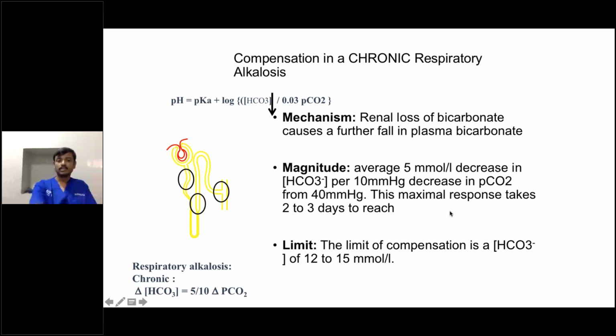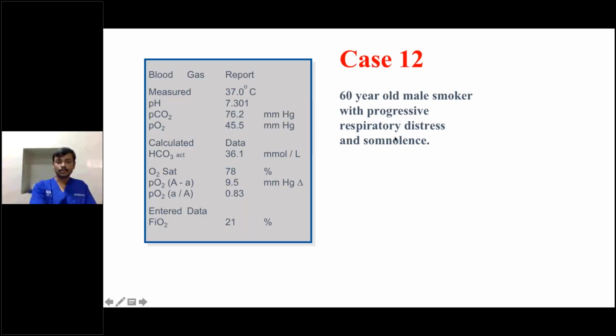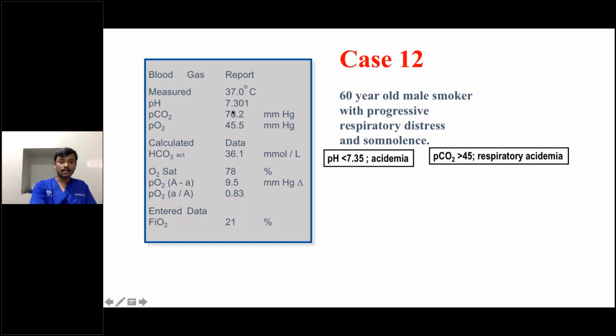If you take this example, progressive respiratory distress syndrome and so on, it looks like a respiratory problem. pH is less than 7.30. It's an acidosis. Okay, look at the carbon dioxide. Carbon dioxide is high, which correlates with the pH value. That is called respiratory acidosis. PCO2 is 76, which is more than 45. So it is a respiratory acidosis. We know that for respiratory acidosis, we should first identify whether it's acute or chronic before compensation.